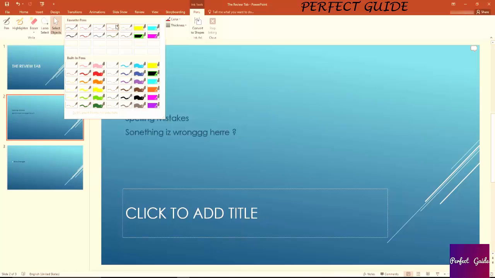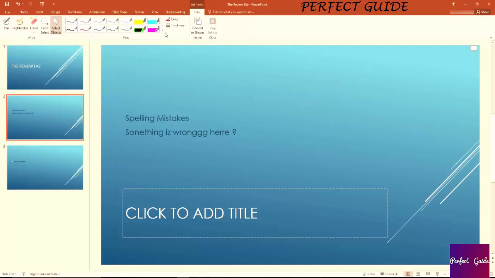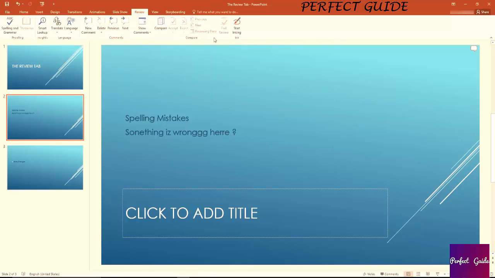As you can see, you do have different variations of pens, including different colors and thicknesses, that are available to you while you're drawing. And if you want total control over your color, you can select over here any color you want. With the thickness dropdown, you can select between many different thicknesses on your pen. So that's all for the review tab of PowerPoint